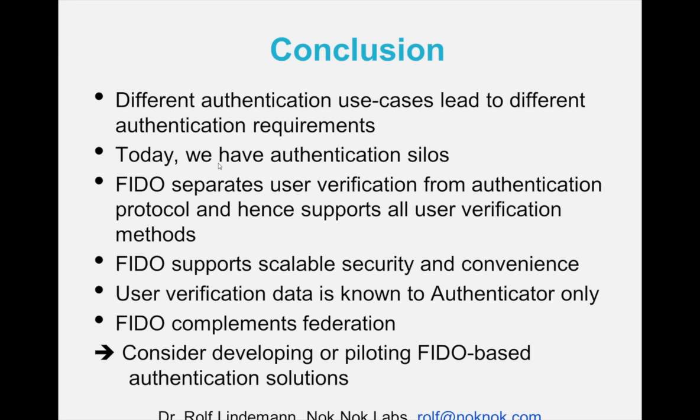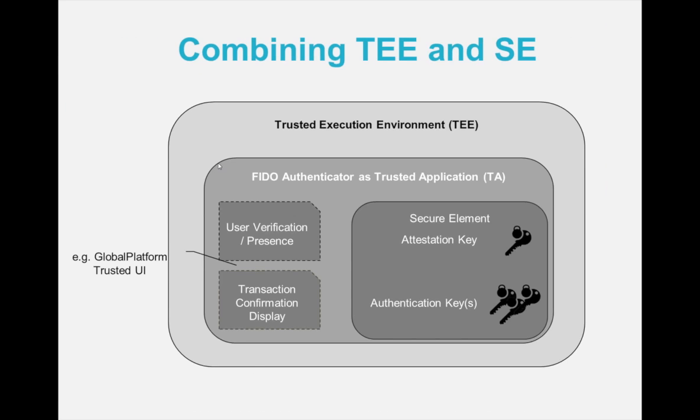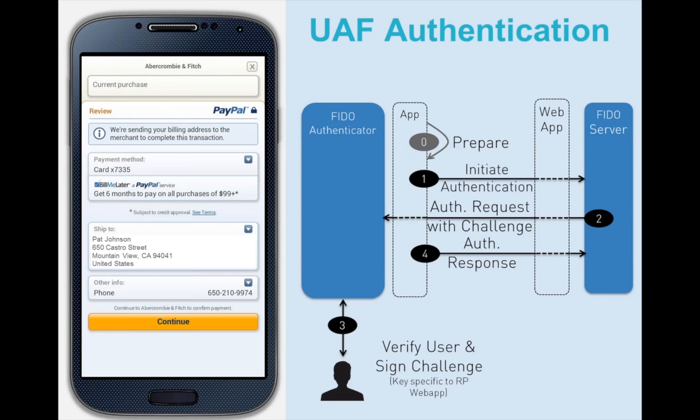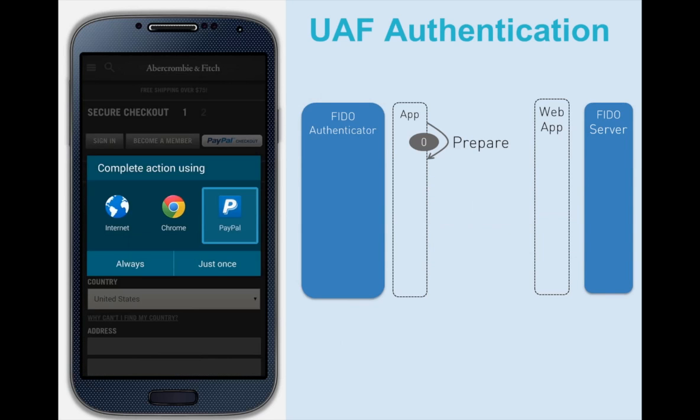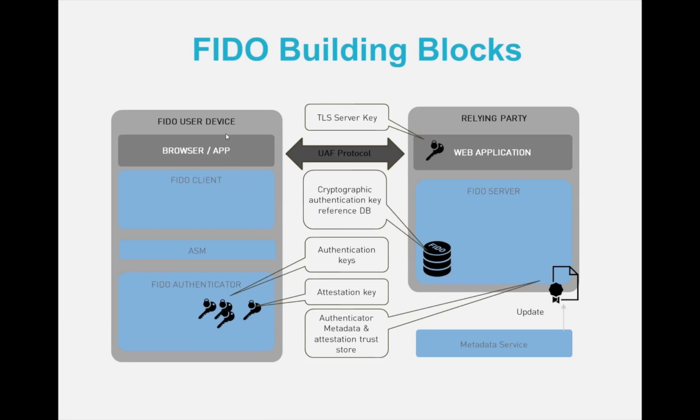Is it correct that authentication will always be managed by an intermediate IDP and never directly between the user and the relying party? No, in FIDO it's different. The FIDO protocol by nature is an end-to-end protocol between two entities. Let's go back to the building blocks diagram. We see the FIDO server on the right-hand side. We see the browser on the left-hand side. So there is no need to have an intermediary in the middle.